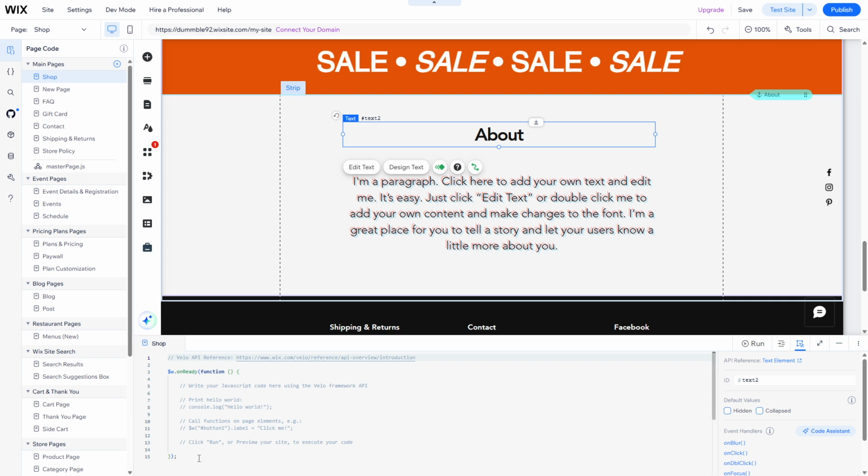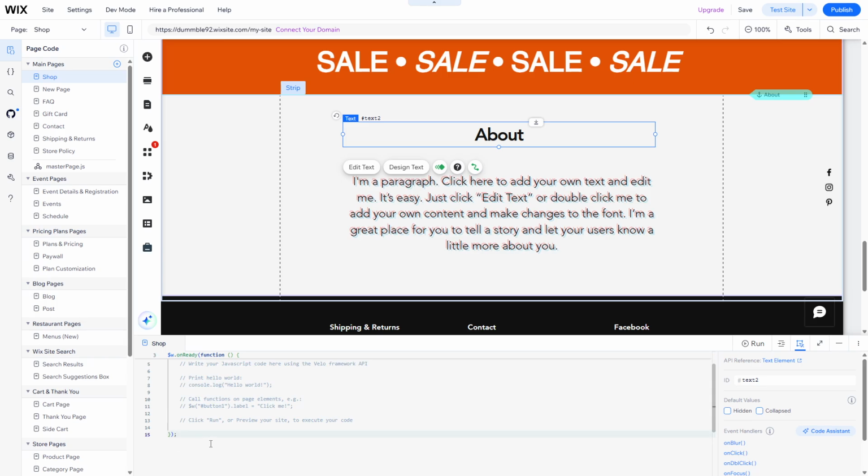Now that we have our renamed ID, it's time to delve into the realm of Velo code. The door to this realm lies in the Code Files panel, which is located on the left side of the editor. Let's go ahead and open that. With the Code Files panel open, proceed to select the W tab. This will lead you to the Code panel, where you will be inputting the specific code that will bring your